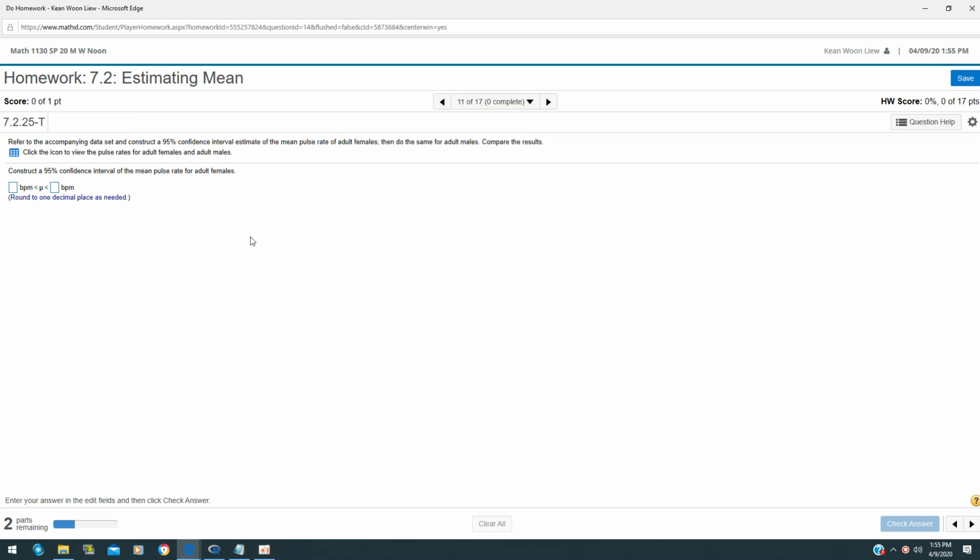This is 7.2 for your online homework for statistics. This is question 11. Question 12 is kind of asking the same question too. So I have some students having trouble with question 11, question 12 in this section 7.2. This question is asking us to construct a 95% confidence interval for the mean pulse rate of adults